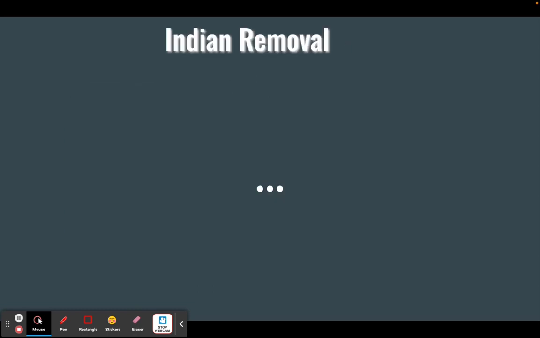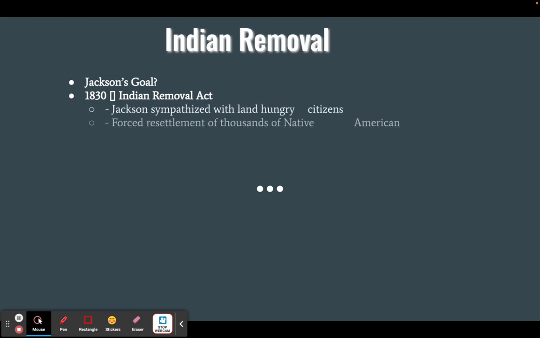So, what this is describing is what becomes the Indian Removal Act under Jackson. Was this Jackson's goal? In 1830, the Indian Removal Act under his presidency is passed. Basically, people east of the Mississippi wanted land that was still owned by Native American tribes. There were still some pretty significant Native American tribes living east of the Mississippi under United States government land. So the Indian Removal Act said, we've got to get them out. They forced their resettlement.